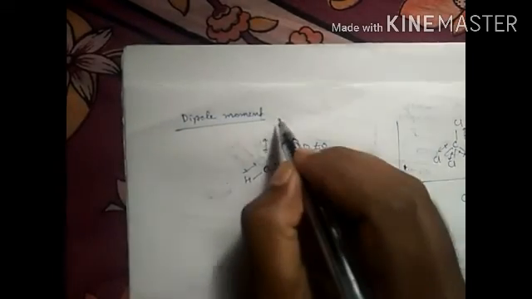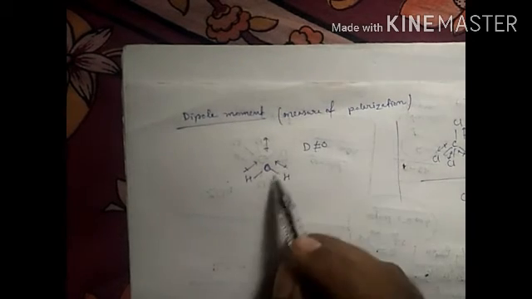Our next important topic is the dipole moment. Dipole moment is very important. Remember, dipole moment. Simply, dipole moment means a measure of polarization. That means how the molecule is polarized, or to what extent the molecule is polarized. Now see an example of H2O.